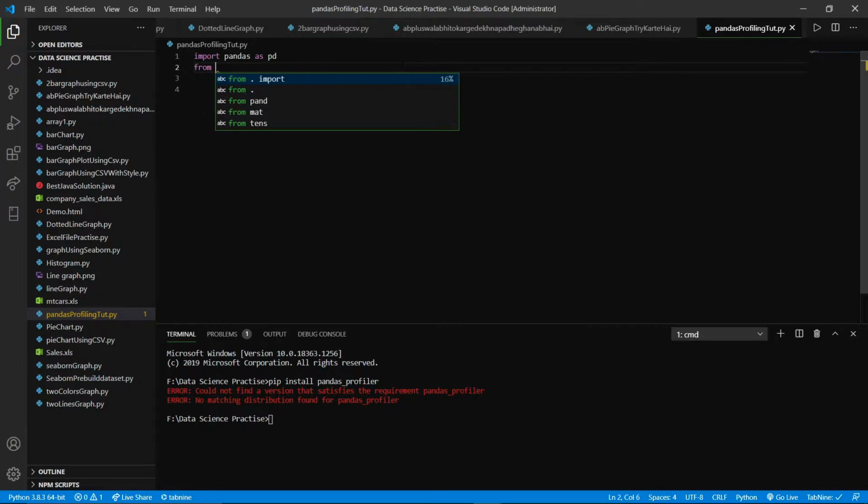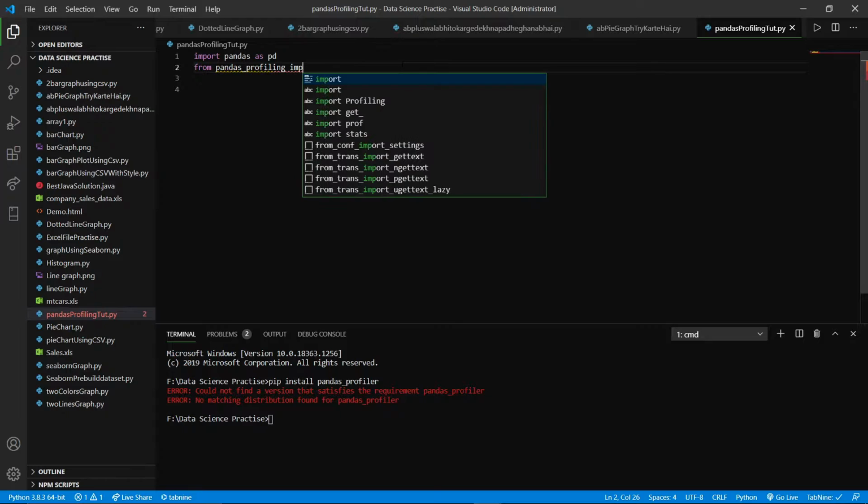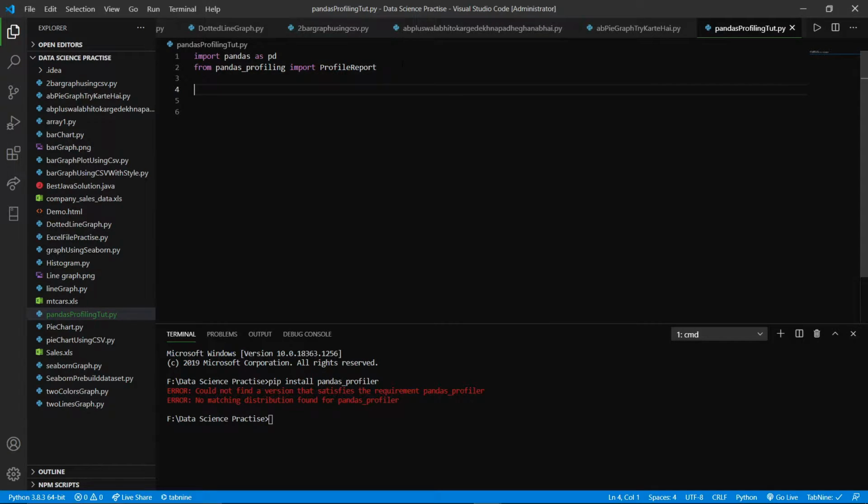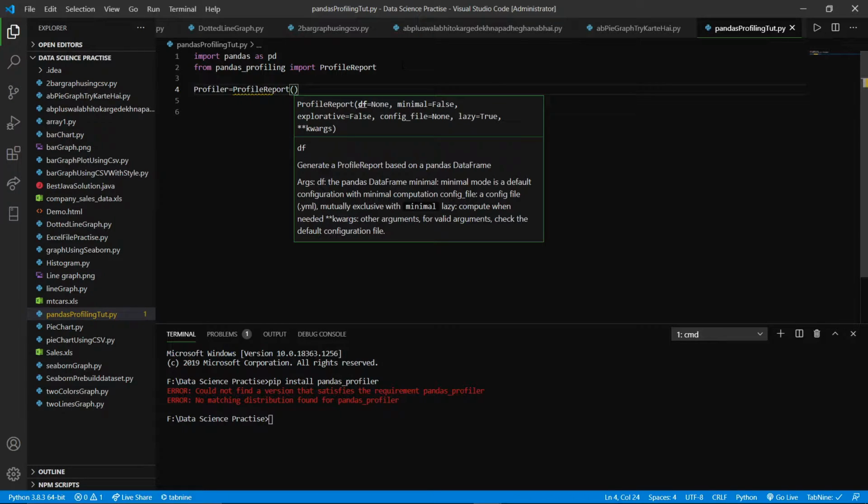So here you need to write from pandas_profiling import ProfileReport. Then you need to create a ProfileReport object.